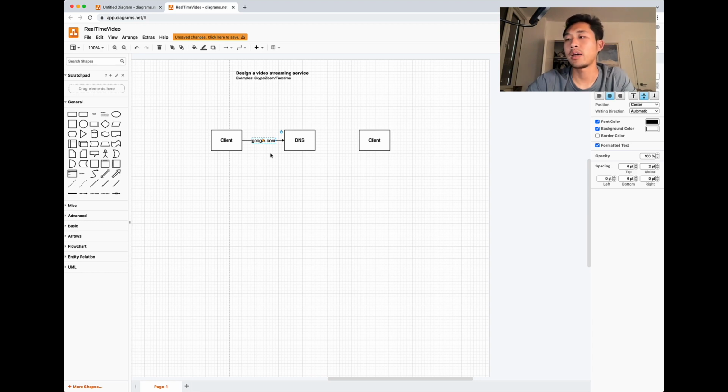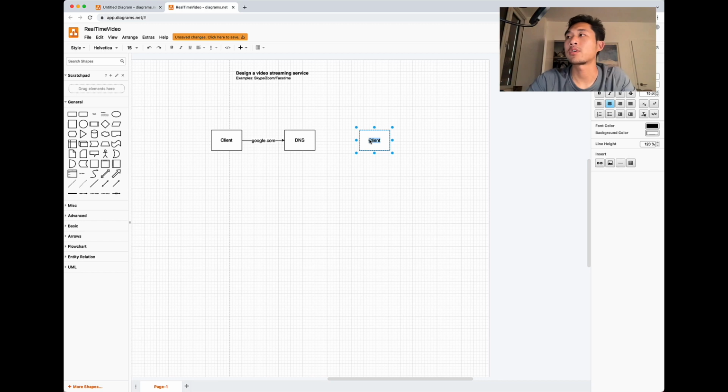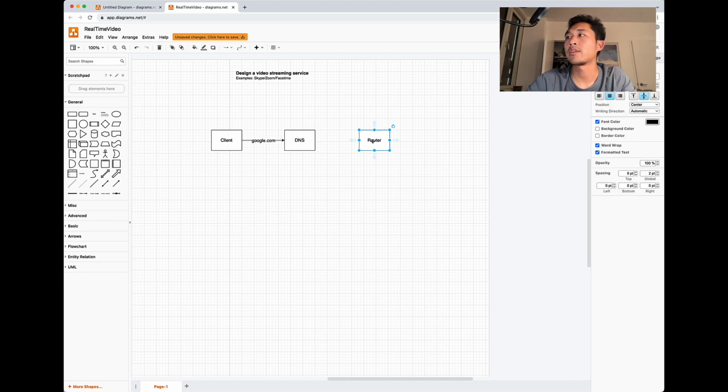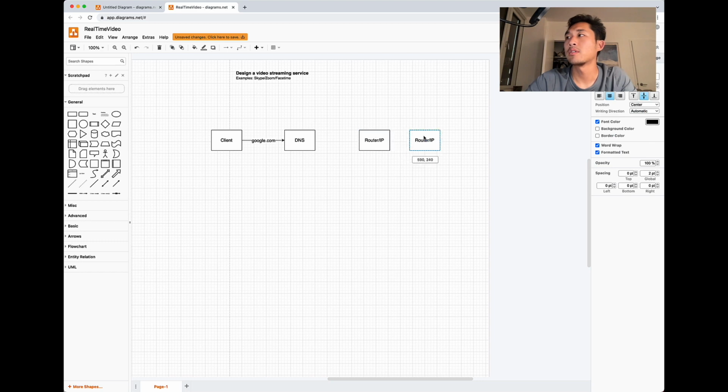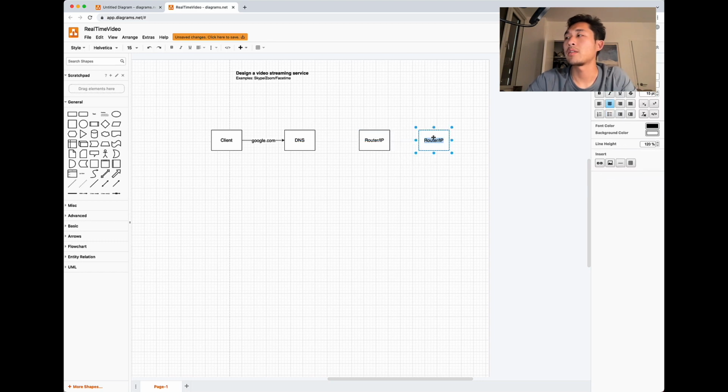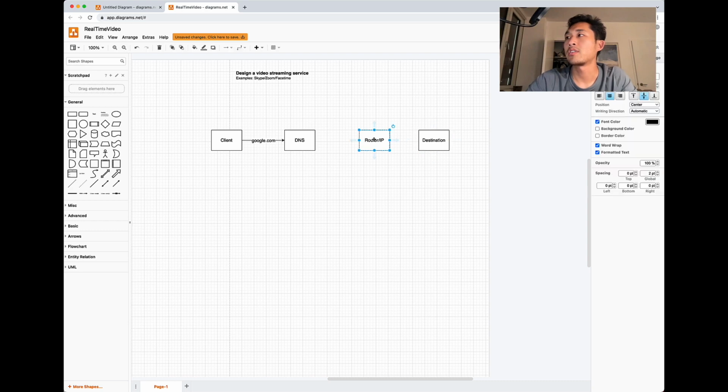In addition to that, there are other various issues. For example, a server could be hidden behind some sort of router. So the router actually owns the IP address, and then the final computer, which is the destination, is hidden behind this router. So the destination doesn't actually have its own IP address.